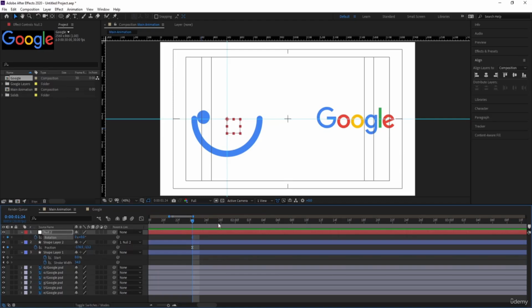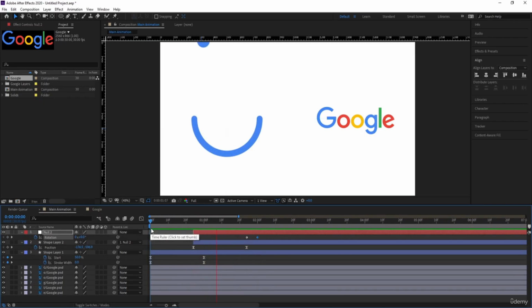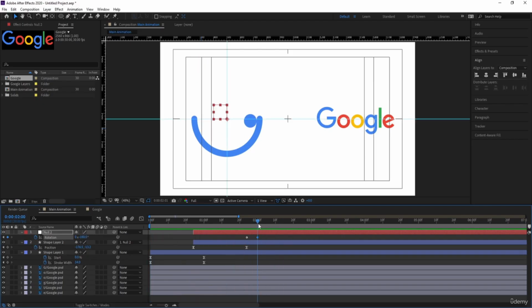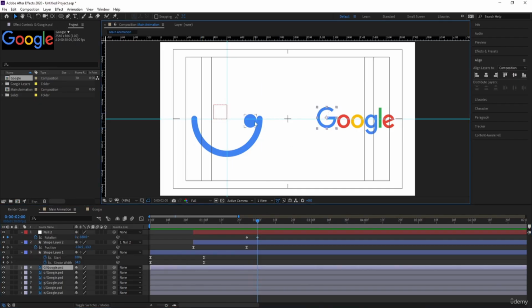Create one keyframe, go to around 2 seconds, and let's rotate it -180 like this. So if you see this animation, we will get something like this. Then at this point, I want this G to convert, this spare should convert into G, and then it goes over